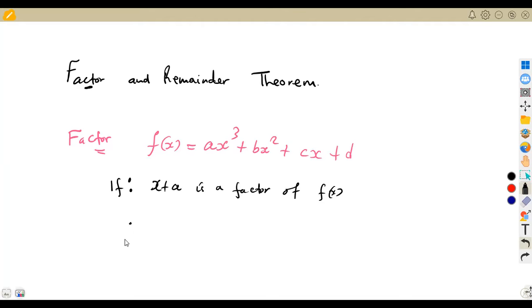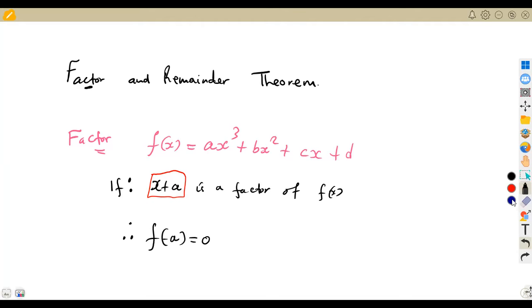It follows that if we equate this x plus a, I want you to take note of the sign for a. X plus a, that is our vector. So it follows that f of minus a, if x plus a is a vector of the expression, therefore f of minus a should give us